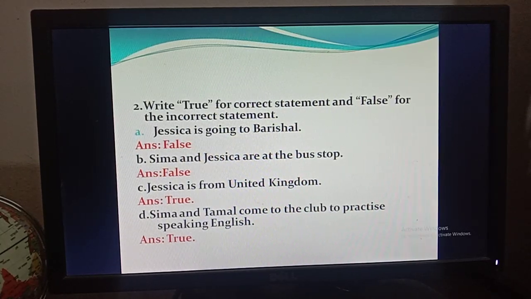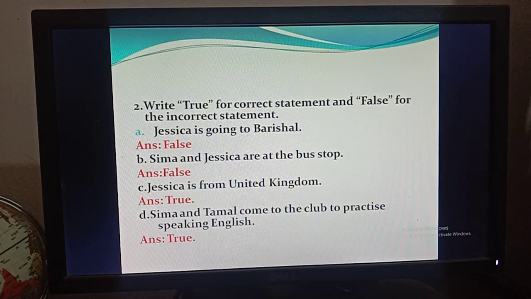Okay, so boys, actually there can be 6 true false in your question paper, but I have collected these true false from whole unit 1, so you have to write it down in your CW copy and you have to practice it at home. First of all, you have to read out the text very carefully, then you have to find out the meaning of the difficult words for the word matching, and you have to read each and every line very carefully for true false.